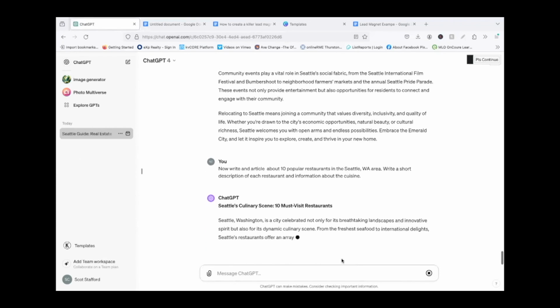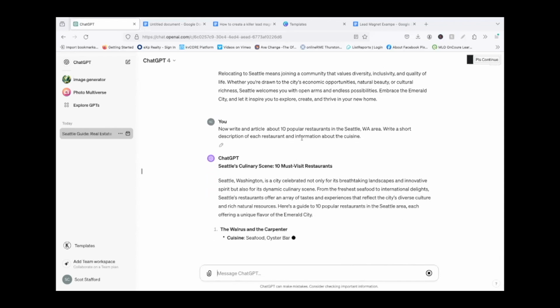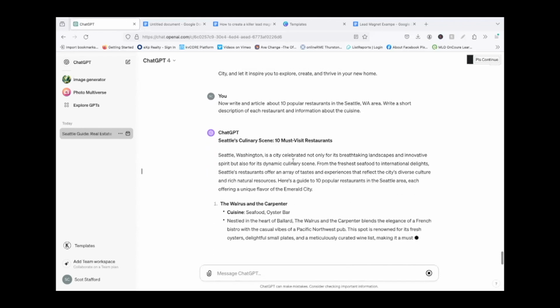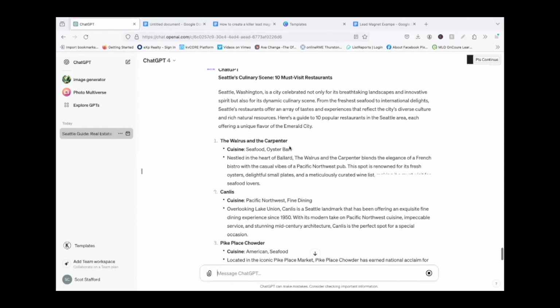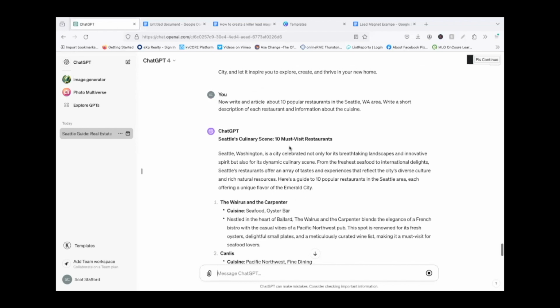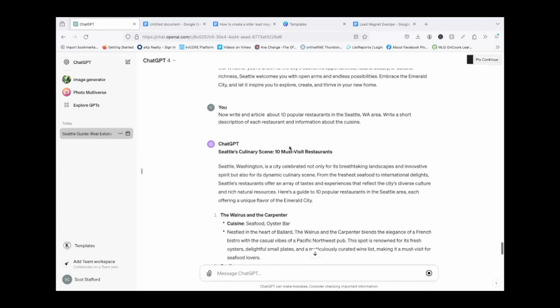Okay, it's doing it. Awesome. What it said is our information is not as up to date, so we can't come up with 10 popular restaurants. But here it came up with 10, basically fake restaurants. Okay, so if it tries to give you sample restaurants, what you could just do is